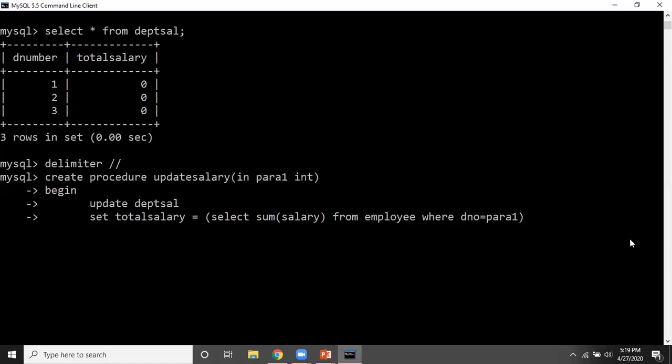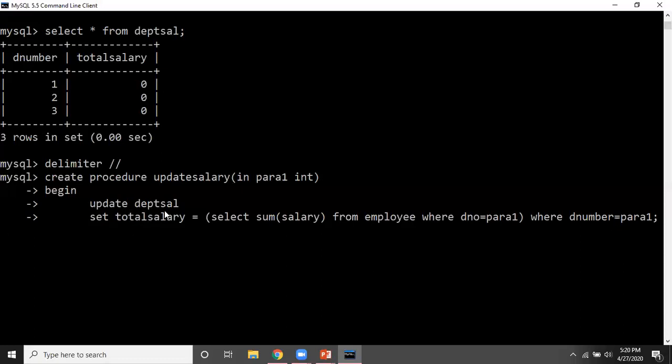And where we are setting this, where D number, because in the department table this is denoted by D number, where D number is equal to PARA1, right? And this is the termination of this update command.